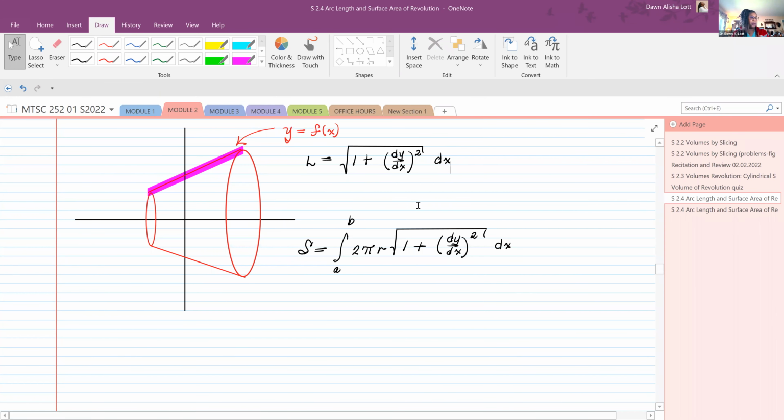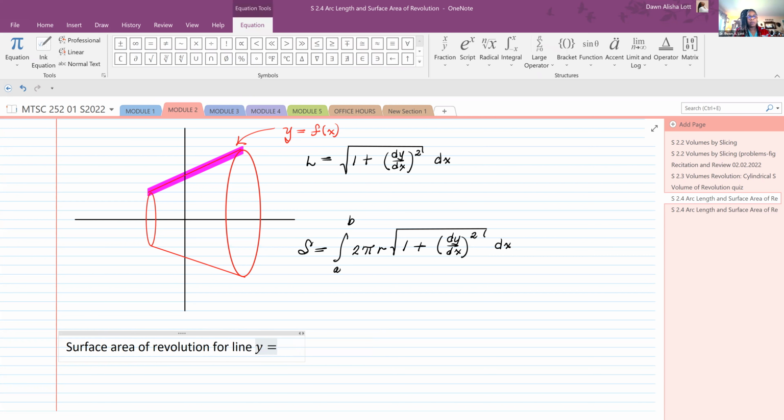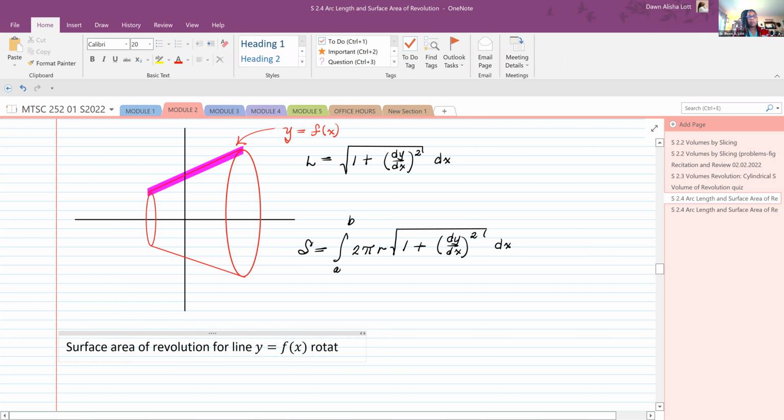So we get this formula for the surface area of revolution for a line y equals f of x rotated about the x-axis. We get this formula, the one I just did,